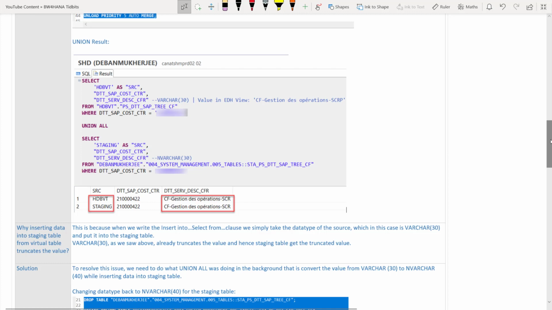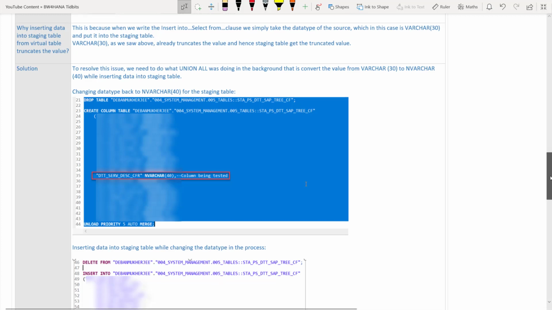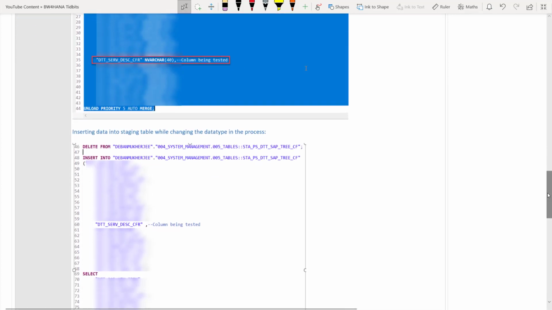So then what is the final solution? Well, to resolve this, we need to exactly replicate the logic which was being done by union all in the background. What union all was doing is converting the varchar 30 to nvarchar 30. So that's exactly what we will do, but we will do this while inserting the data into the staging table. So I changed the data type back to the original nvarchar 40 in the staging table, and then I inserted the data,